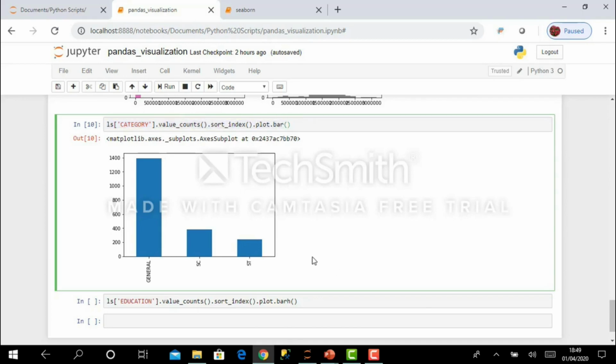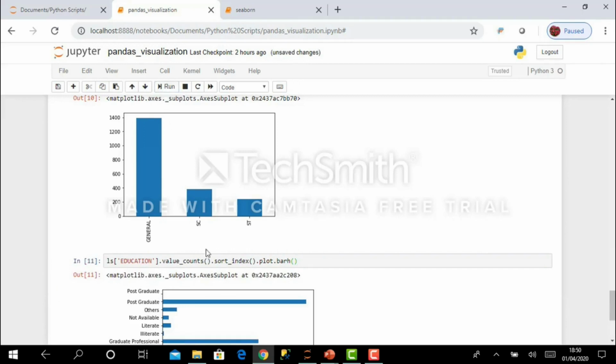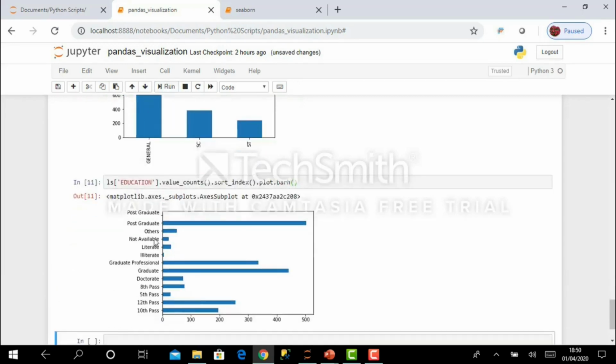Then I have another similar statement where I have taken the education column, and again I am doing value counts, then sort index, and then plot dot barh. Barh means it will generate a horizontal bar. If you execute this statement, you can see that now the bar graph is horizontal.